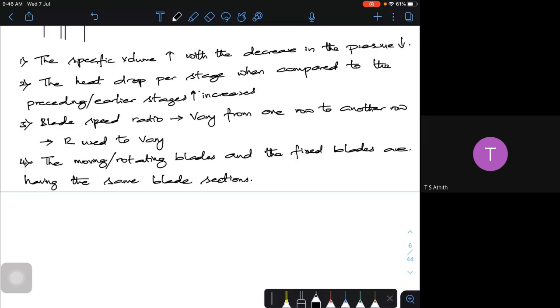But for a reaction turbine, this is not the case. So this may be going beyond your cos alpha 1. That means your blade efficiencies will be much higher than your simple impulse machine. Okay, we will try to obtain the expression for blade efficiency, all those things. Then we'll try to compare it. So impulse machine, what it is, and for a reaction machine, what it is.